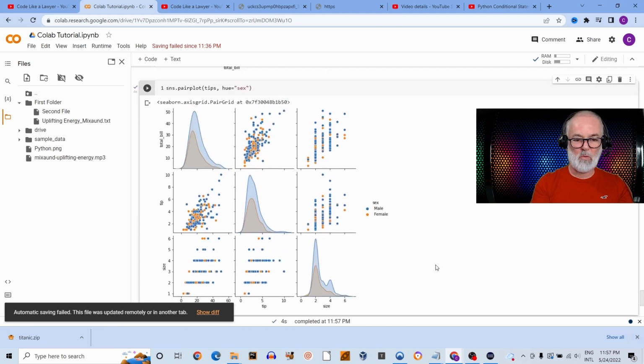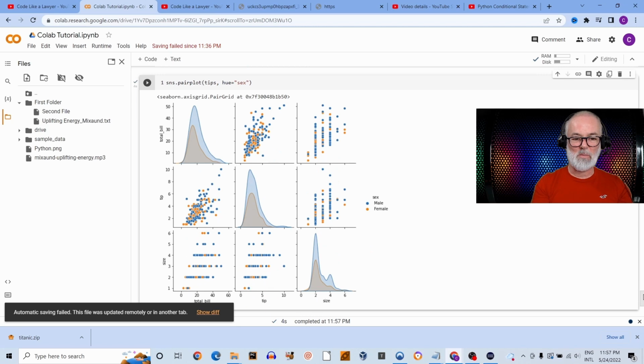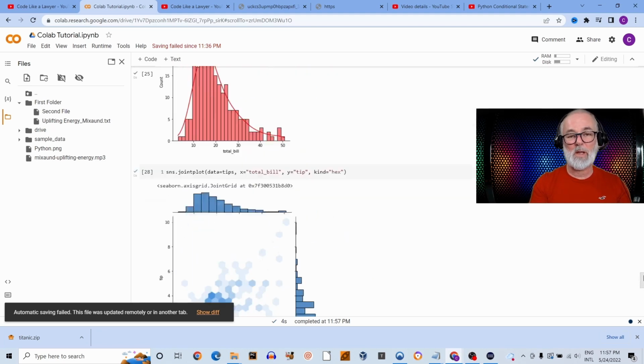So pretty cool. What you see here now is that in blue we have male, and in orange we have females. So you can see how they are concentrated, the density and everything, how they're scattered. It's pretty interesting. So this is not a lesson on how to analyze these things, but to give you some pointers on how you can show and visualize the data, the potential that this platform offers, especially for beginners,